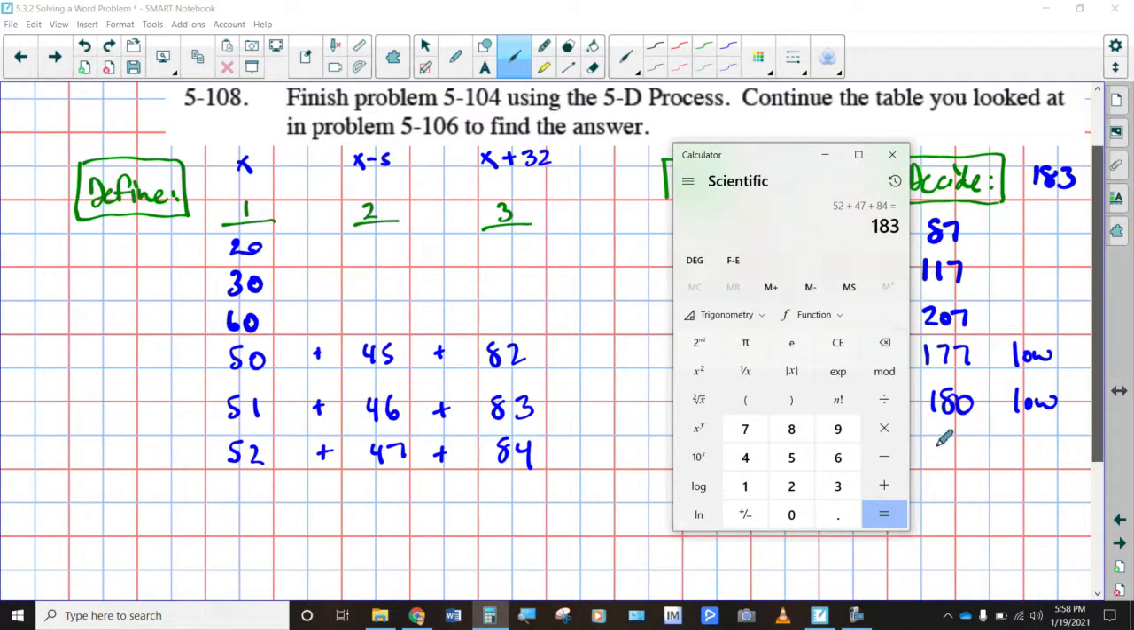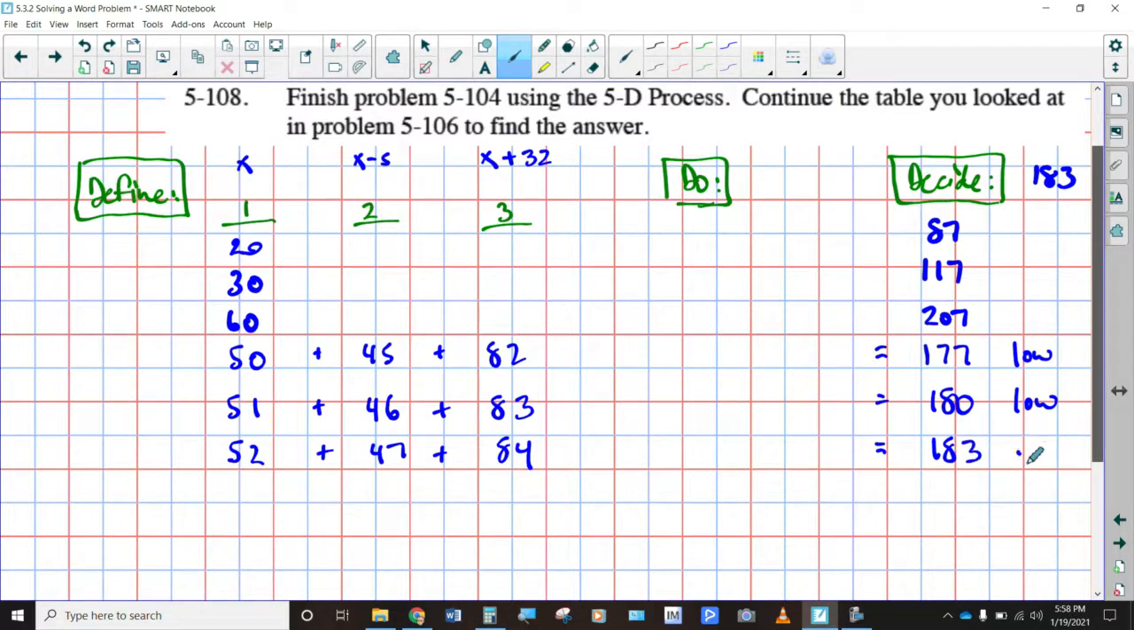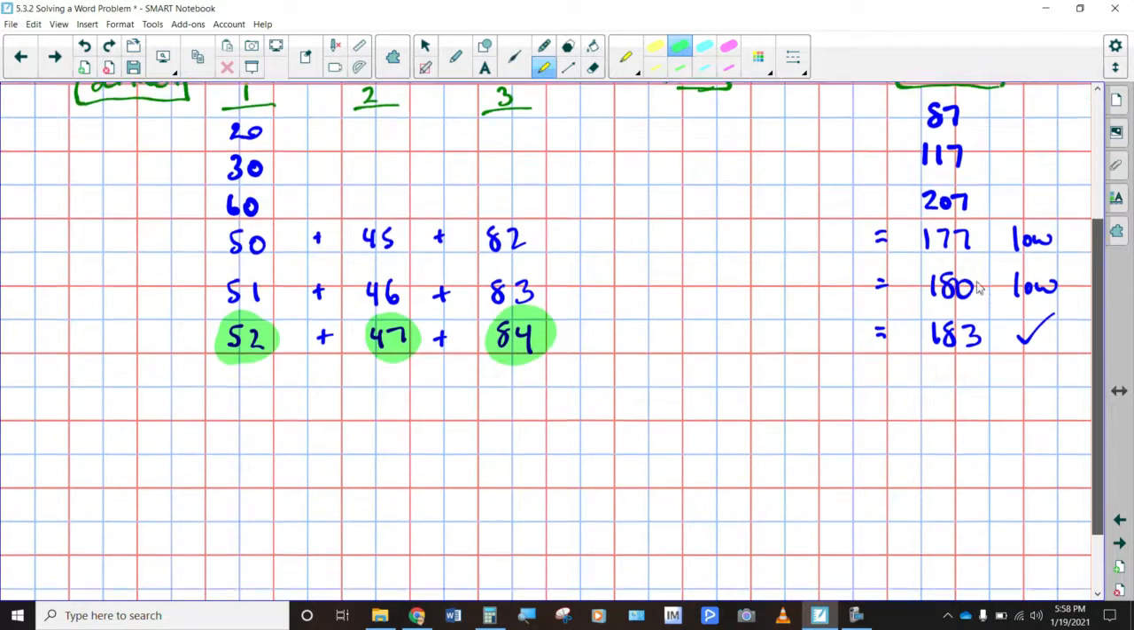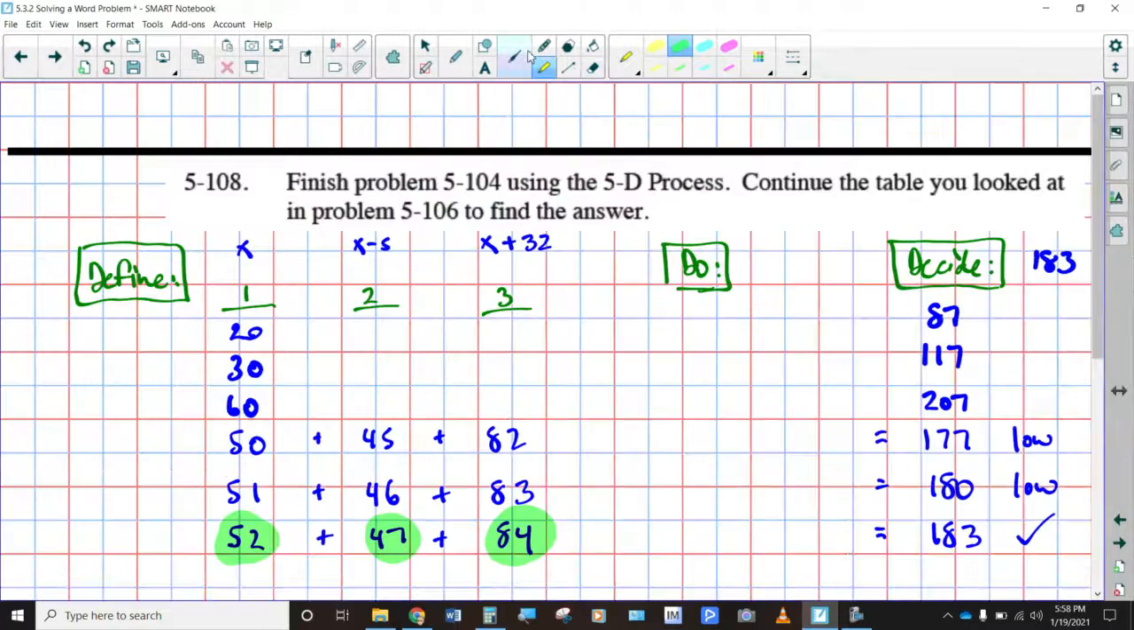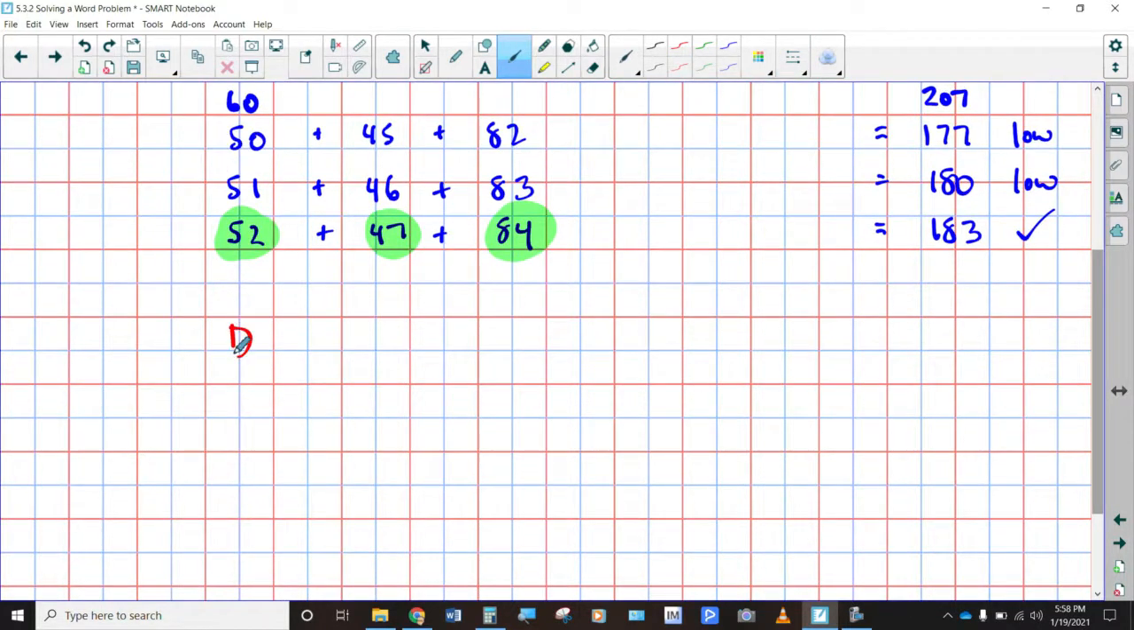That's our magic number. So the decide portion of this process is built in when we go through the guess and check process. Okay, so these are our answers right here: 52, 47, and 84. So if you recall, when we do our declare, maybe I'll do the declare in red because I like to give my final answers in red. Our declare is going to say